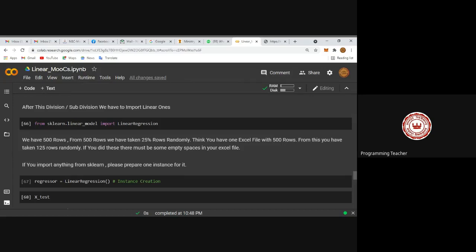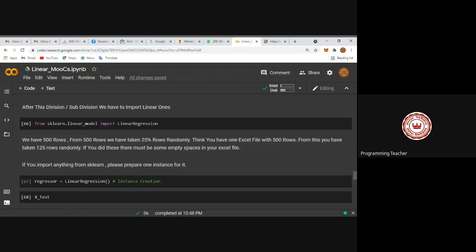If you did this, there must be some empty spaces in your Excel file. An Excel file uploaded to the Google instance. This is totally the concept of the virtual way, but a bigger concept. Internally the alignment was destroyed, and your Excel file was formed successfully. So what about the Excel file? It contains bulk data, 375 data, but the alignment is totally destroyed.